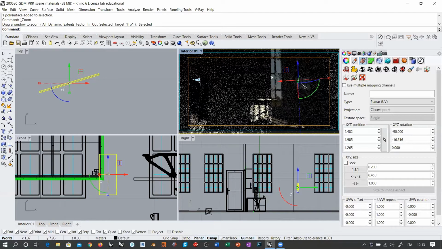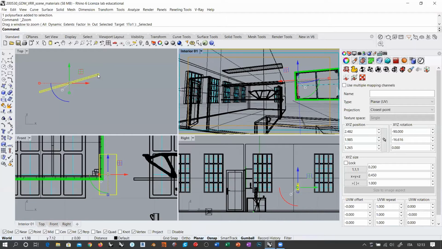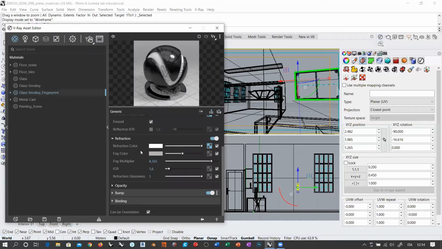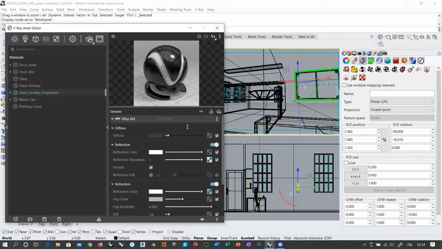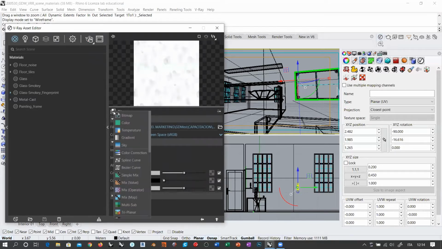But you can use also procedural texture to do this. For example, if I switch back to wireframe, go back in the V-Ray assets, and go back to the material, okay? So I want this material to have a reflection glossiness affected not by a bitmap. So I go inside the texture and click here on bitmap, and I change it to some procedural texture like, I don't know. You also must be creative in terms of understanding how a procedural texture would help you with a specific effect. For example, I don't know, something like